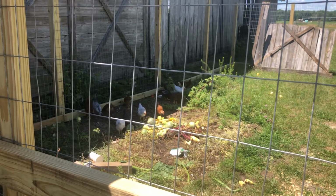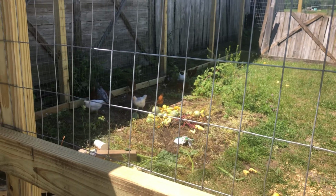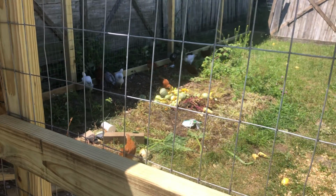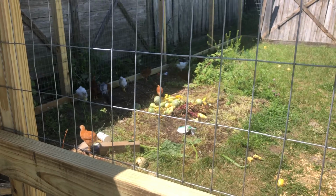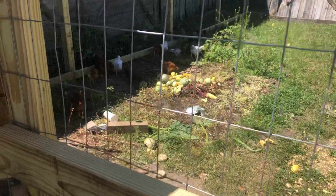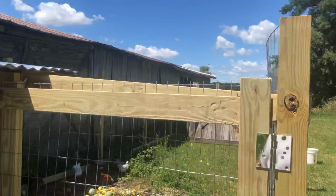Well, it's Saturday, July 30, and I just dumped off a big old basket of squash and beet greens for the chickens to work on. That should take them a few days. Just got the pen done. It's not all the way done, but